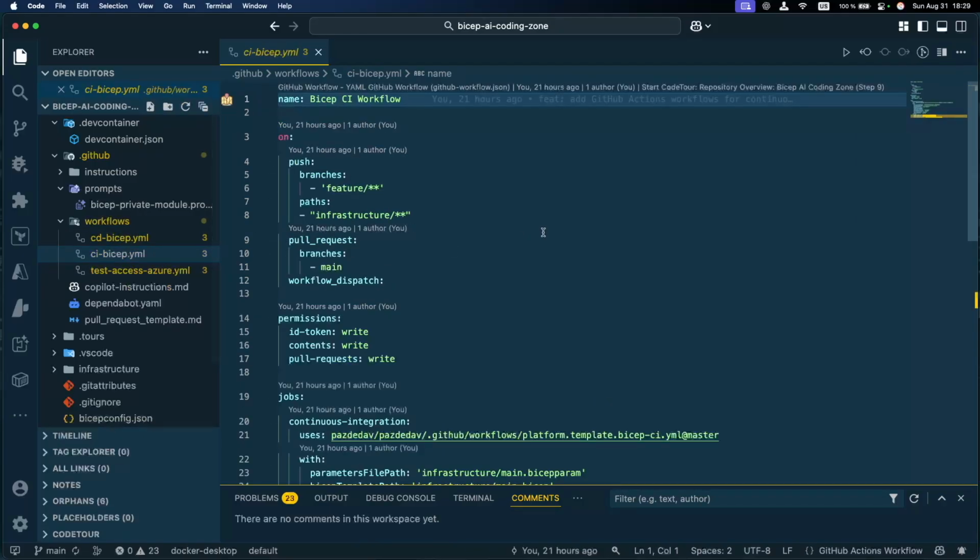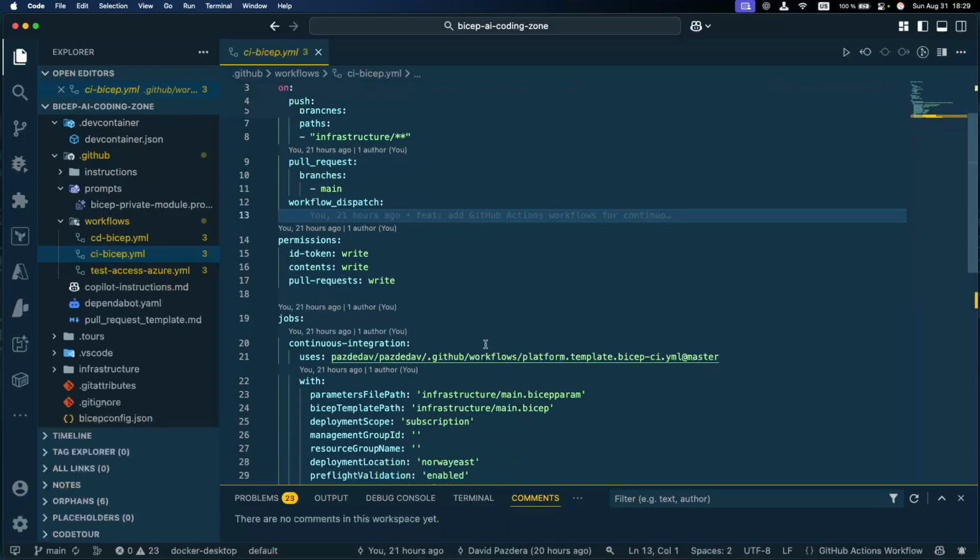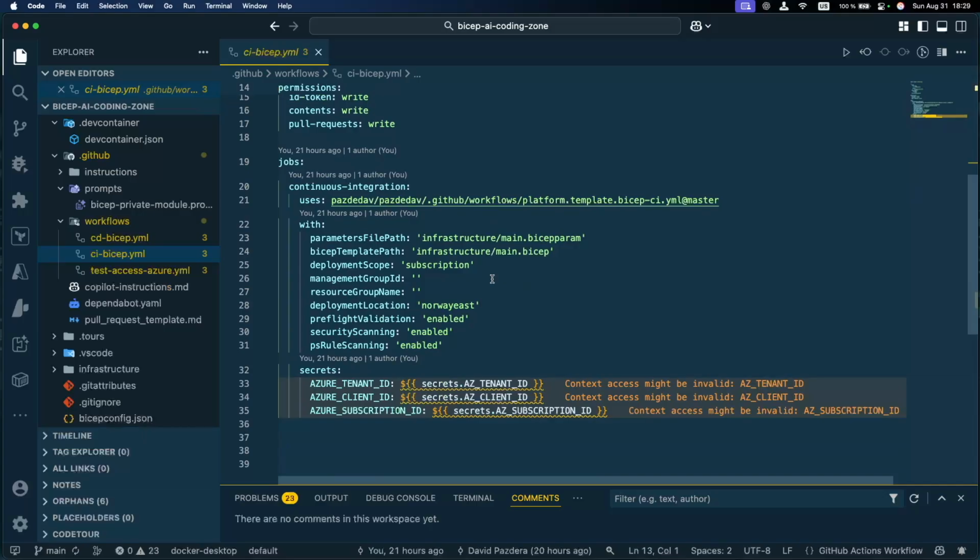The CI looks very similar, but I'm specifying only certain triggers, like push to the feature branch, and there is also a path filter, or pull requests. Eventually you can run it manually through workflow dispatch. Some needed permissions, and then again for the jobs, I'm using that reusable workflow, or calling it, and I'm injecting certain parameters. All these things you can modify yourself,